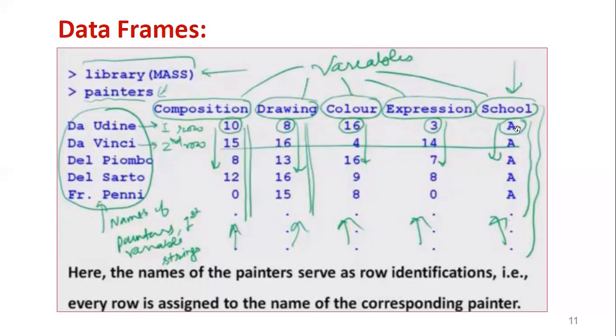School contains characters, so it is character data type, string. Here the names of the painters serve as row identification. That is, every row is assigned the name of the corresponding painter. This is the explanation of the data set painters: what variables and what rows it contains.